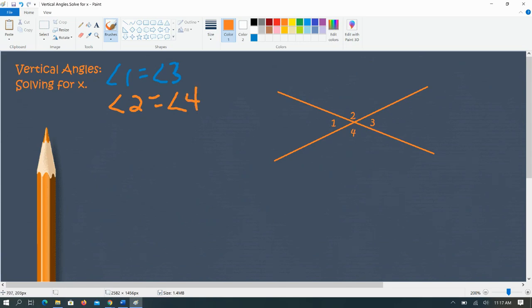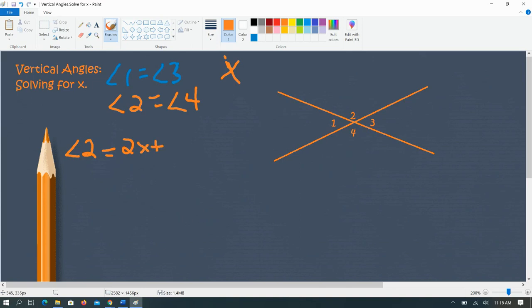So if they're across from each other vertically, you have the V's that are kissing, right? Then they are vertical angles. So it makes an X when they meet together. All right, so let's say we're going to solve for x. So let's say that the measure of angle 2, that they give us